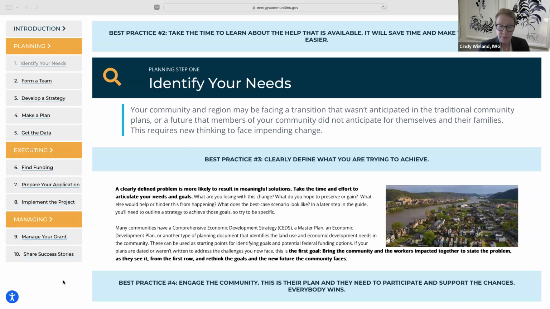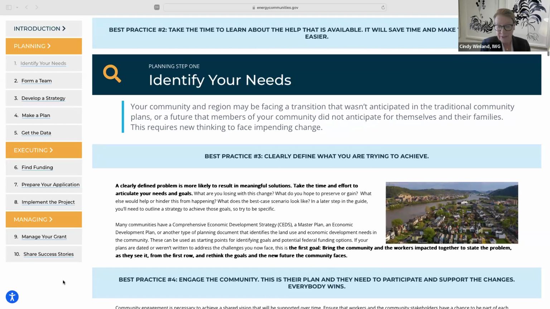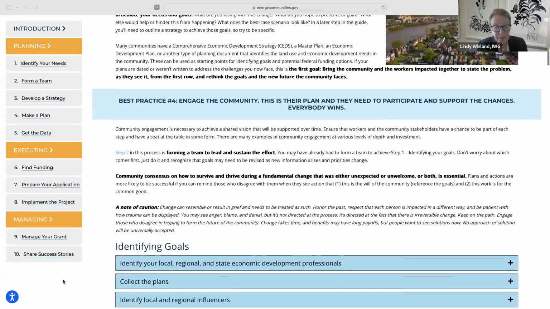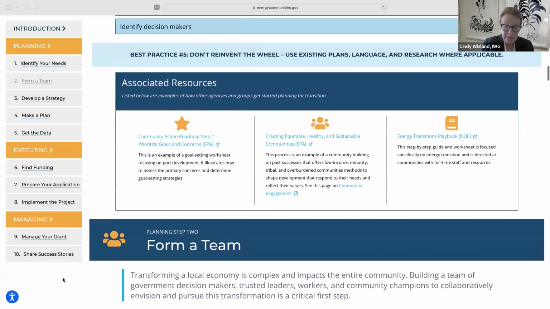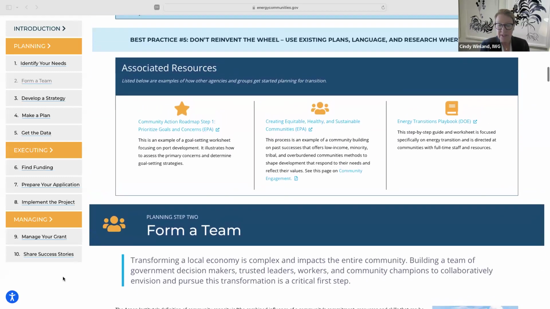Eventually, we'd like to include grant application templates with the operative questions to answer and potential sources of information that might save you time and effort if you're writing a grant. And we agree that it is not easy, and we applaud agencies' efforts to improve access. So each section includes examples of places to find information and examples of other plans that address this stage. Some are very specific, like the DOE Energy Transition Playbook, and others offer a much more general approach to planning. The objective is to make progress toward your needs.